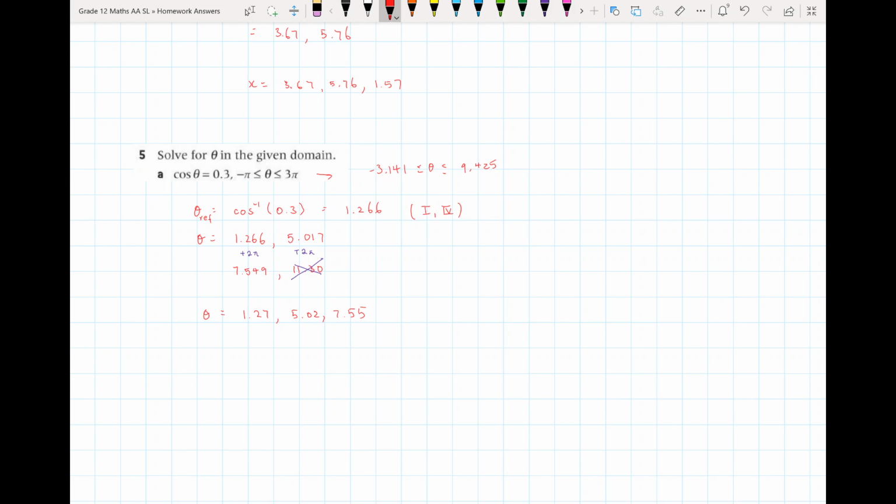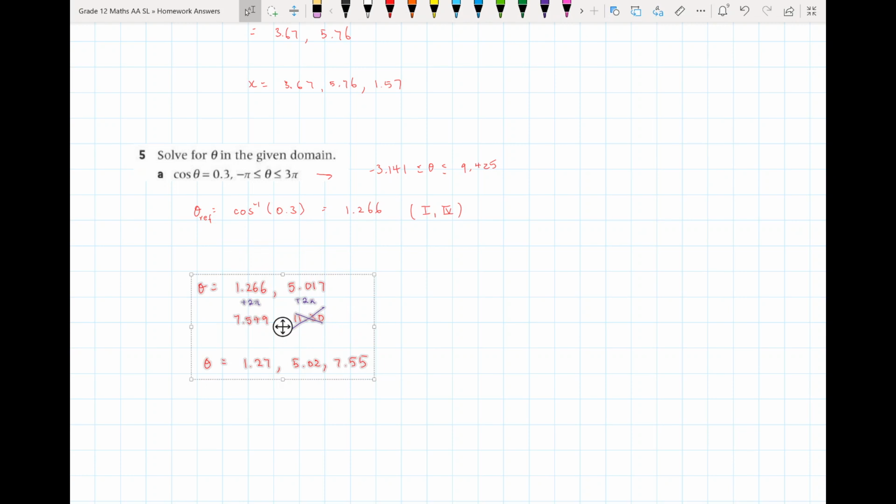Now, what happened to the negative one, right? I didn't actually talk about things that are beyond that. So what you could also do is, instead of adding, we can also subtract. So what happens is, I could also go back up here. Let me make some space here. I could also take these lines and